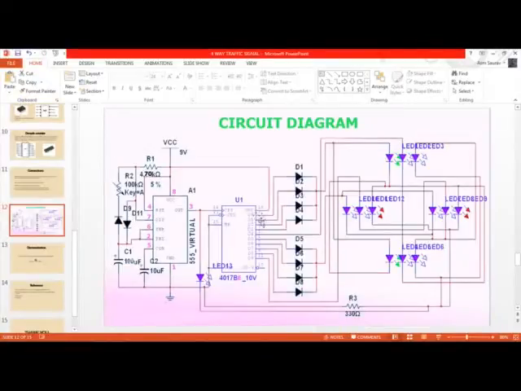For 0 to 3, these 4 diodes are shorted. So for the 4 clock pulses, these 4 will stay constant, and the green light will be lit for 4 clock pulses. And from this green LED, we are taking the output to the red LED. The red LED will also be lit up